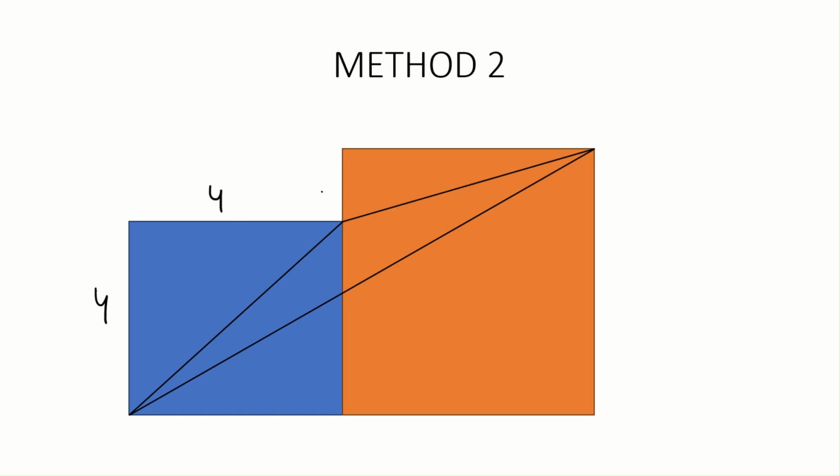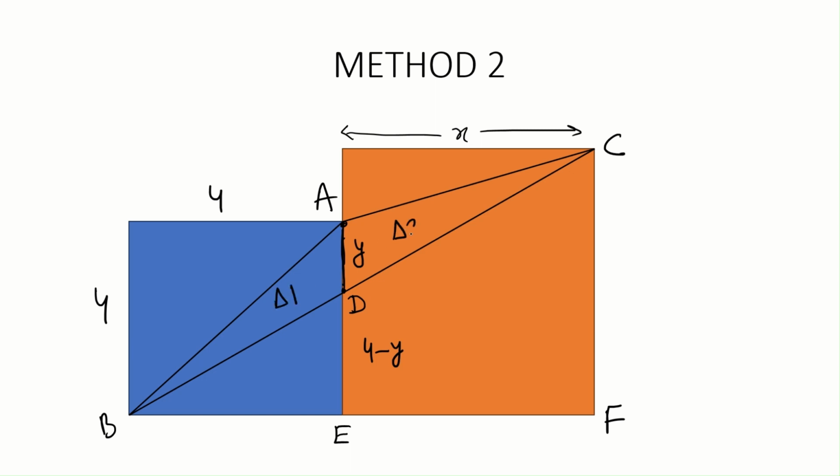We will say that since we have to evaluate this area of triangle ABC, let's say that the size of the second square is x units, and the size of this common side is, let's say, y units. So this will be 4 minus y. We can mark some points. Let's call this point D, this point E, and this point F. So I can say that the